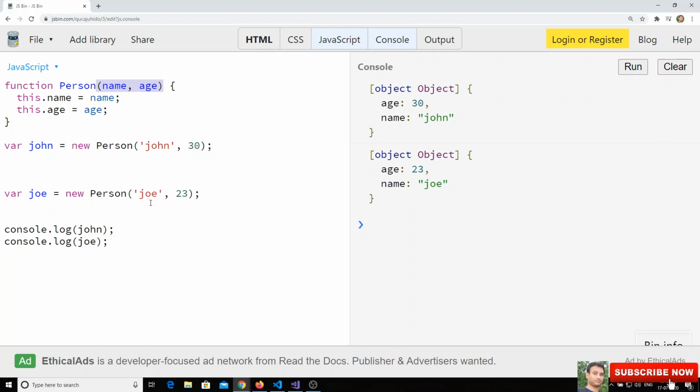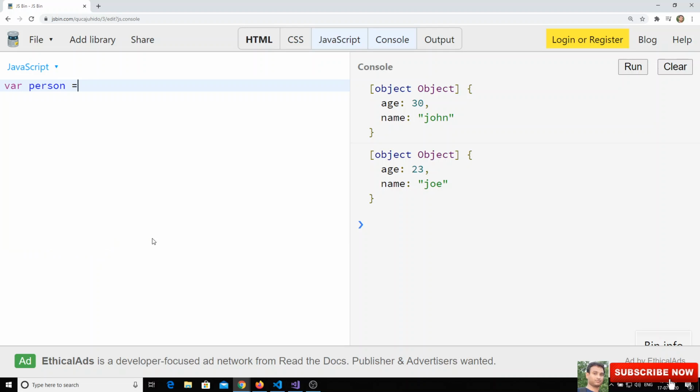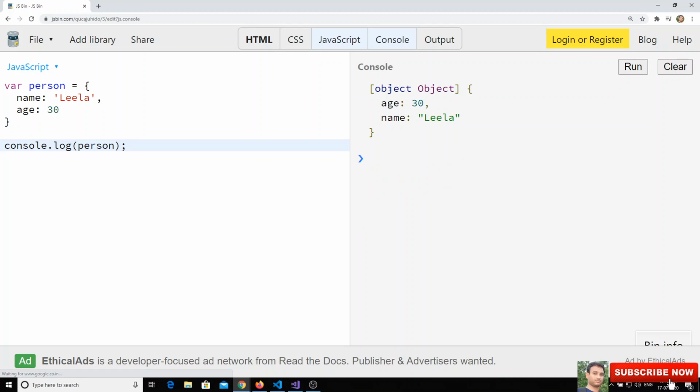Up to now, as a refresh, we have seen four types of creating an object in JavaScript. The first version is var person is equal to an object with name as Leela and age as 30 or something like that. If I console.log person, we got an object.